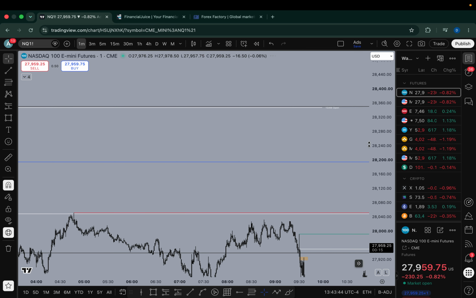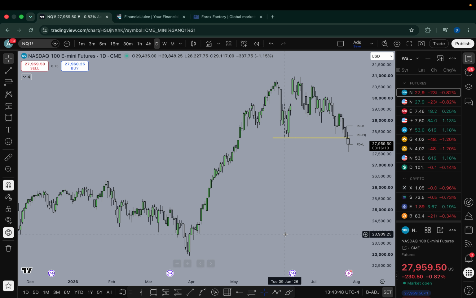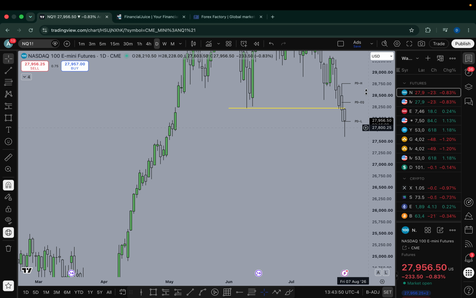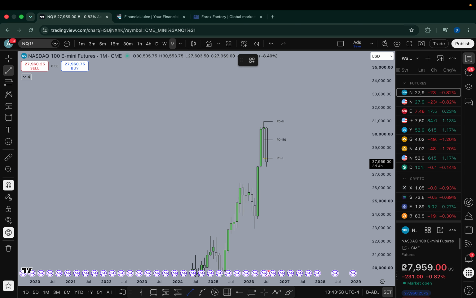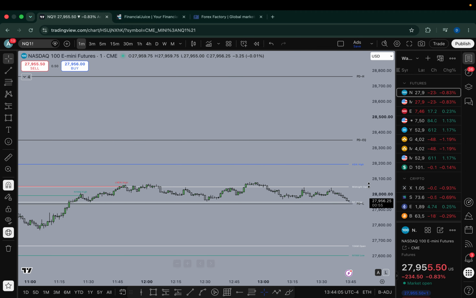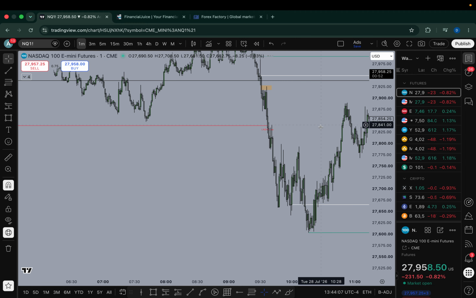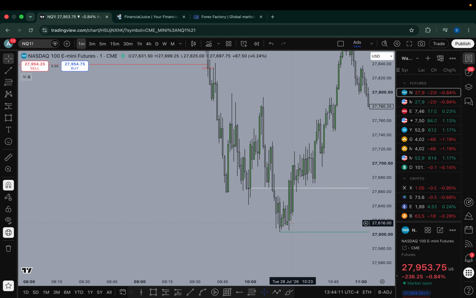After that, there is nothing down there. There's only the monthly fair value gap, which I'm not gonna target unless we're really close, which we are close to it, but still, we already tapped into this, so this is like a breakaway gap. So after that we start consolidating. I still didn't touch anything until